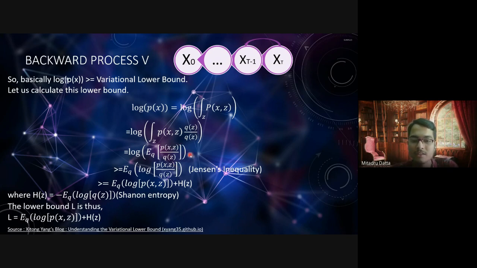There is something known as Jensen's inequality. You can search that on the internet. It says that, given some conditions, f of g of x should be greater than g of f of x. So we just flip that,